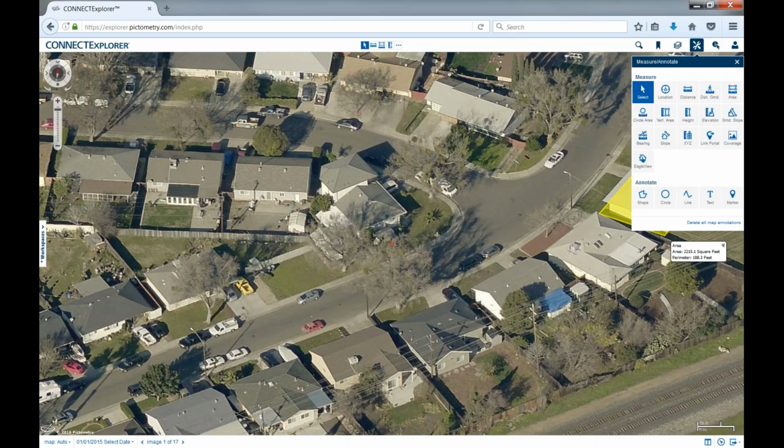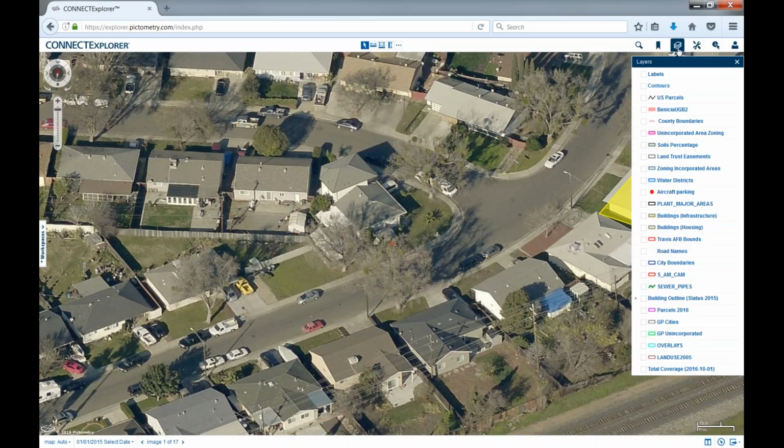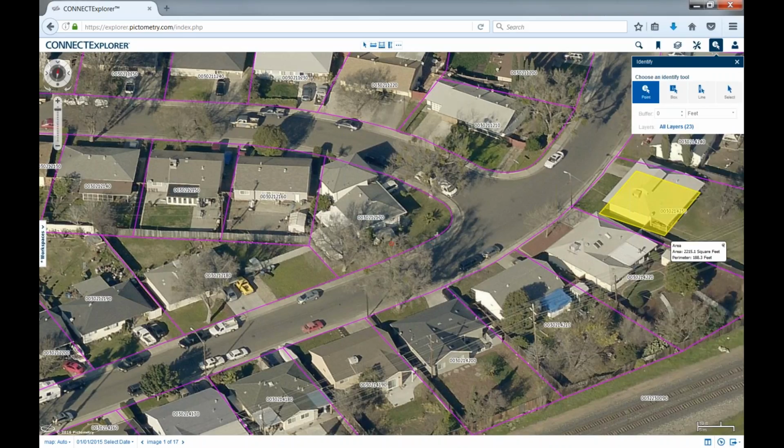So another question in here is, can you buffer around the shape of a parcel? Great question. So let me come up here to my layers, and I'm going to turn on my parcel lines. And this question is really getting at creating a 500-foot buffer around this entire polygon. The way I would suggest doing that,